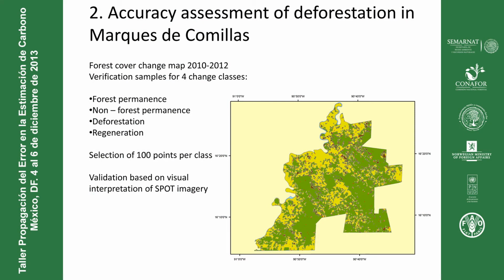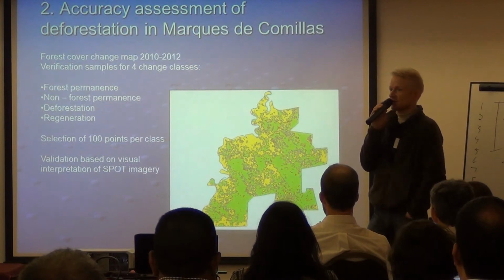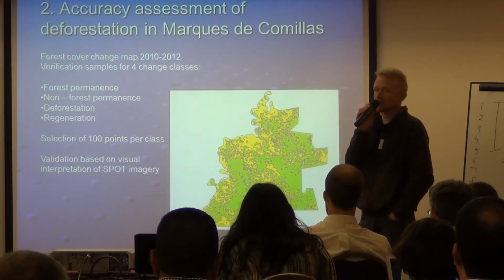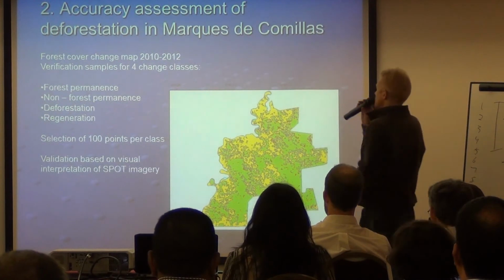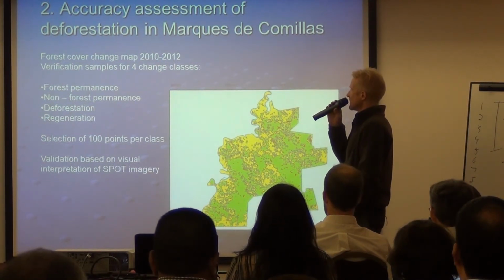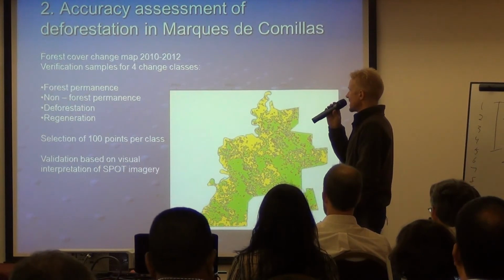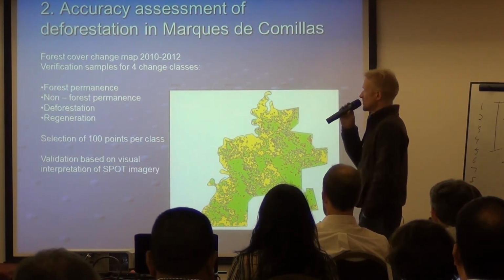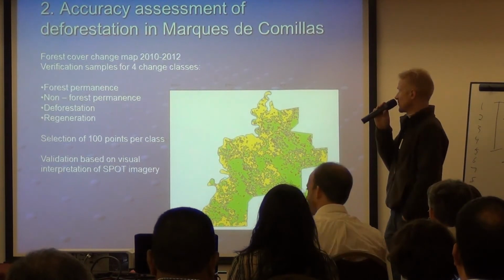One of the doublets of maps that we started to assess was 2010 and 2012, deriving the 4 change classes and doing a stratified sampling design with 100 points per class, and the validation was based on visual interpretation of SPOT imagery,